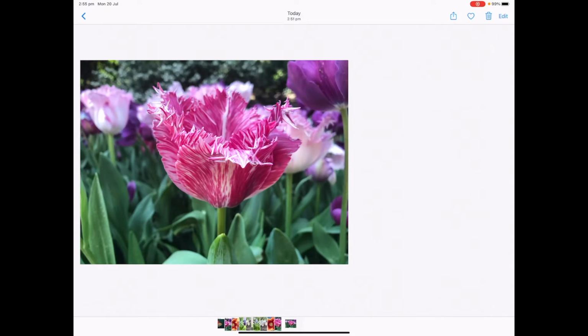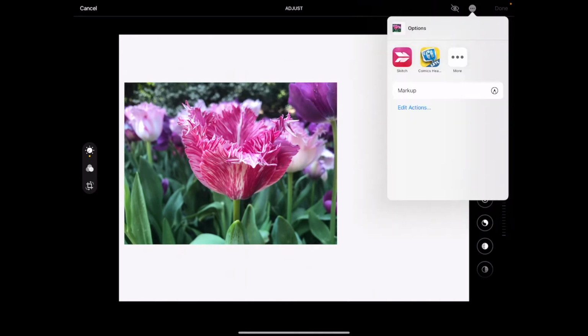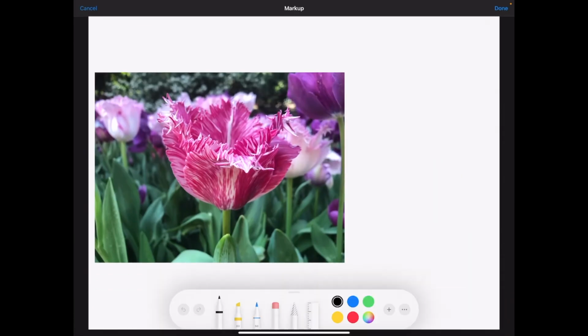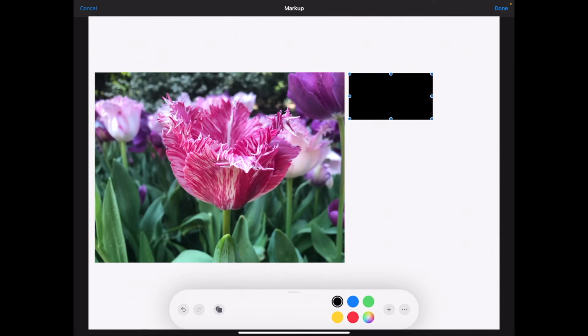Okay, I've jumped back over to the developer beta. Now let's go into Markup on this one. So tap on Edit in the top right hand corner, tap on More and Markup. I'm going to tap on plus, tap on my square, tap on the square and circle and choose the solid one. I'll tap, hold and drag my square out and try and resize it a little bit and try to